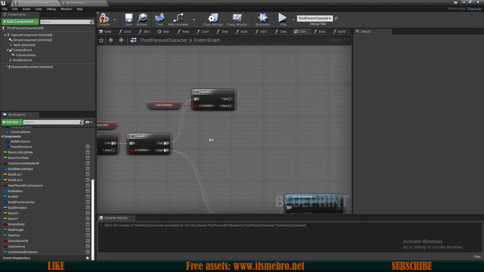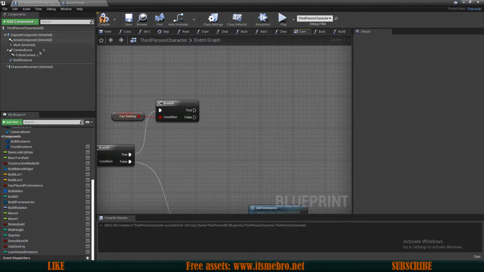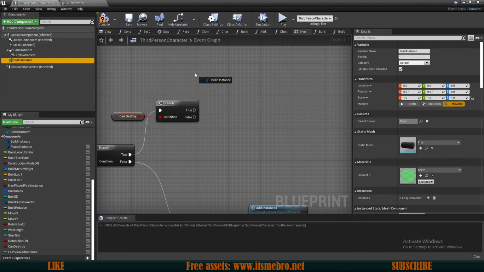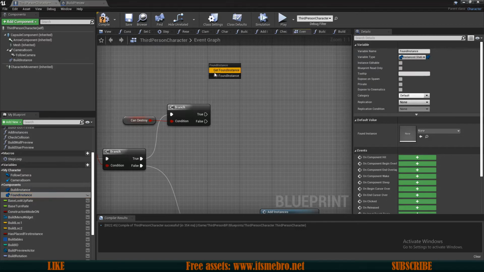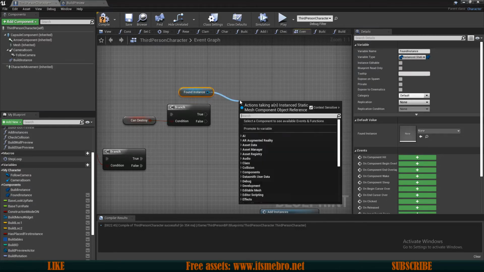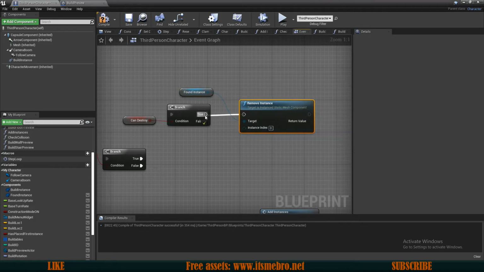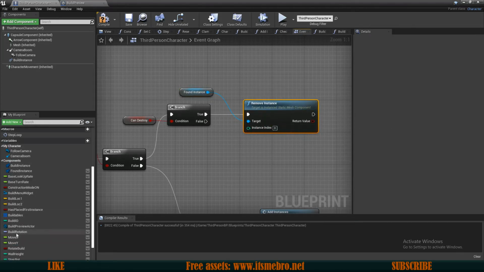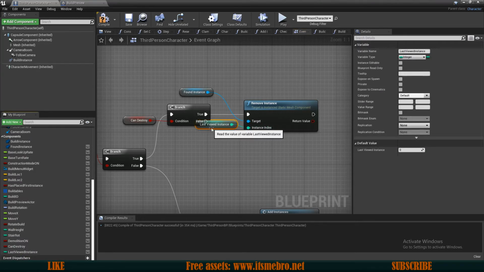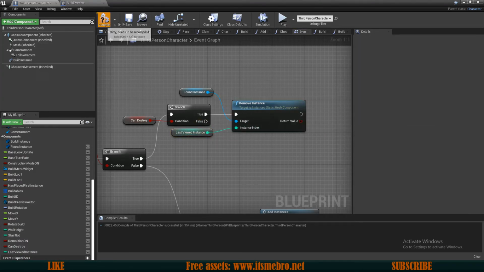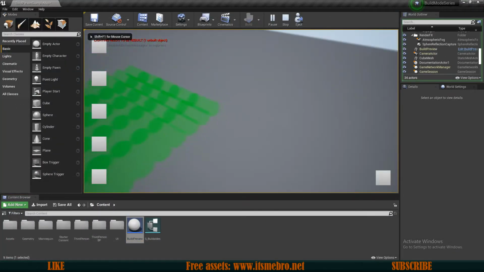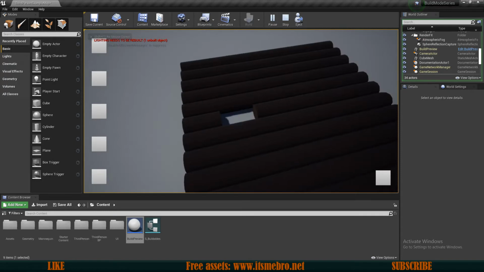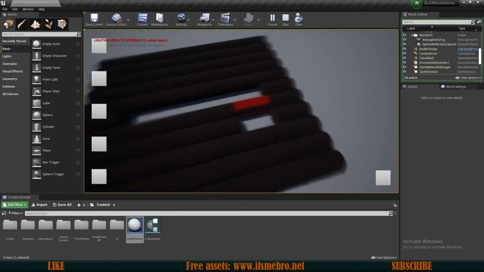And if we can destroy, then I'm gonna drag in our found instance, and then we need to remove instance, and the instance index is our last viewed instance, like so. So now if we would go build a floor, press X, you can see that we can remove instances one